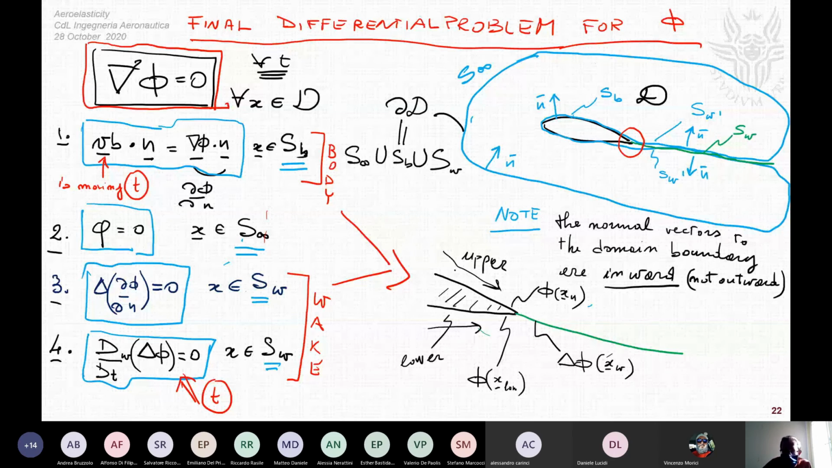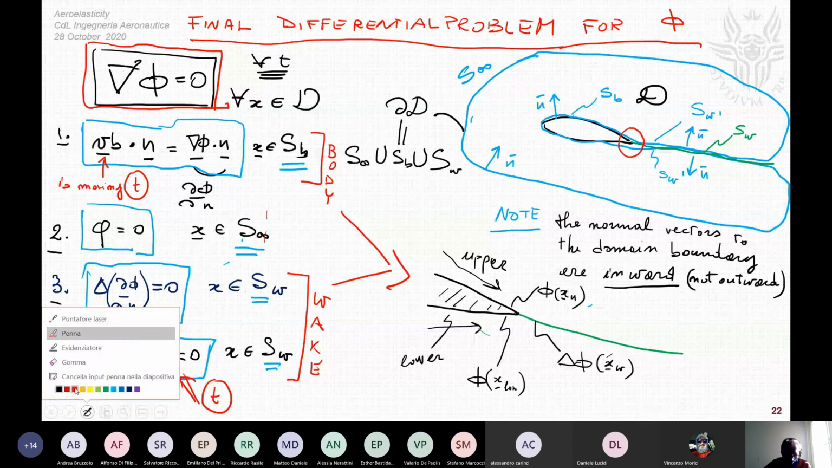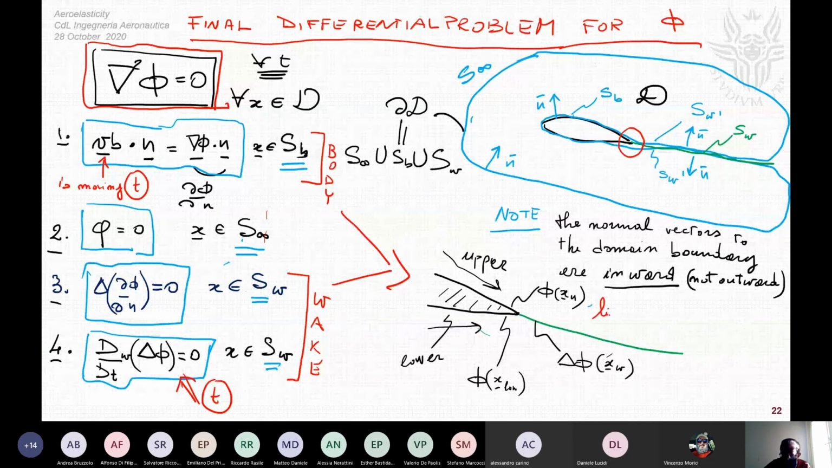So how can we manage the continuity of the solution when you move toward the trailing edge? You have some continuity of the solution to be ensured, and the continuity is the following. If you consider, in red pencil, the limit for an x on the wake, an x on the wake is a point like this, a x of the wake going toward the trailing edge,